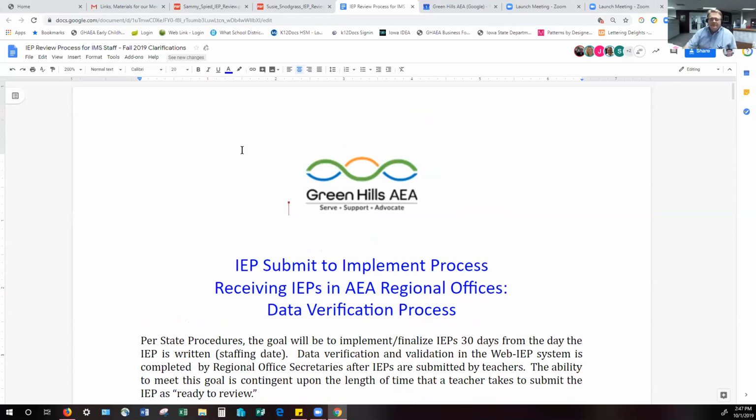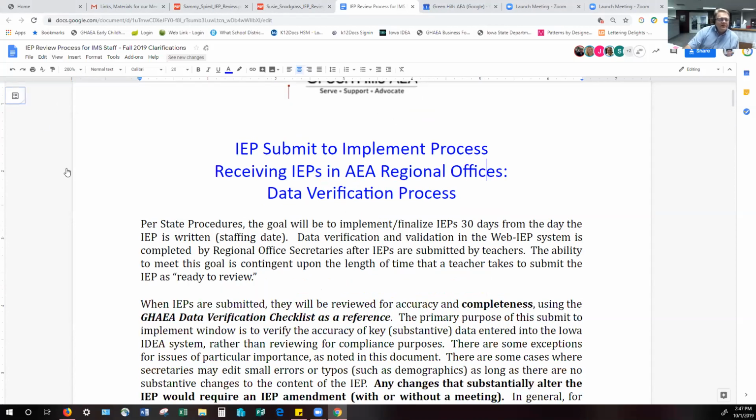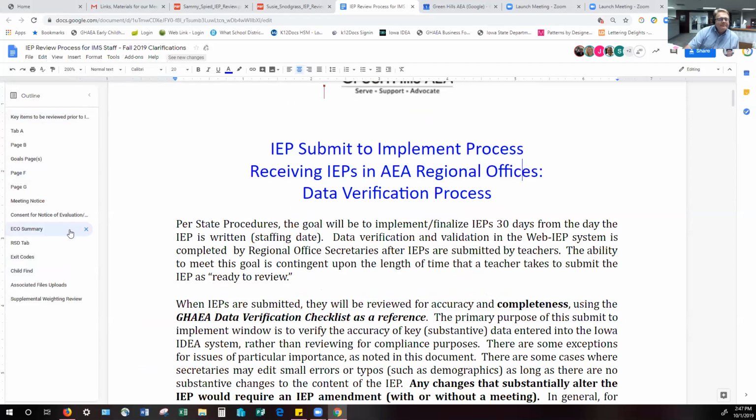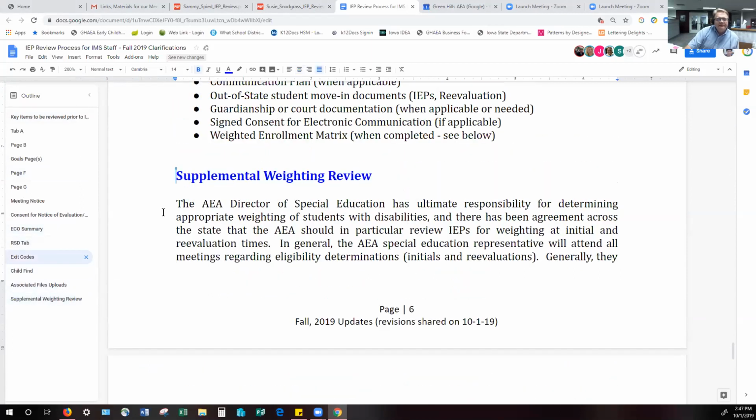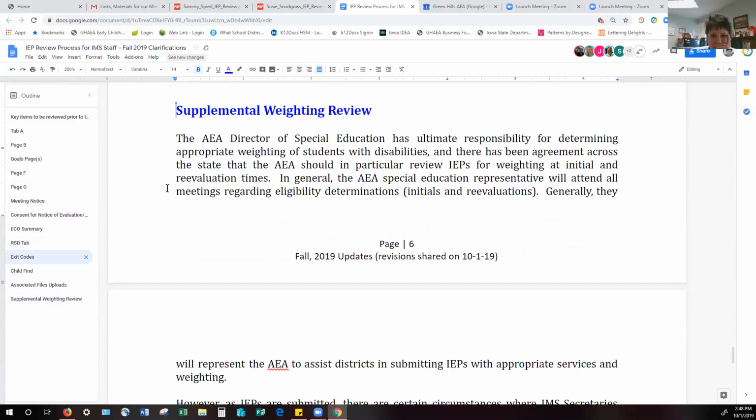So I am going to scroll down to the bottom here. Kind of two reasons we're meeting today. The first is that we wanted to take some time to clarify and actually offer a few suggested changes to what has become our new supplemental weighting process. So we're going to talk about that. And then also what we had agreed on before, we're going to meet to do a little bit more practice, a little bit more calibration on doing a weighting review,